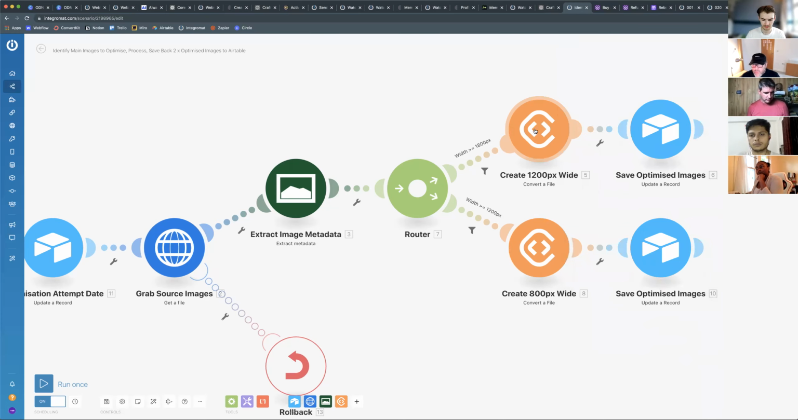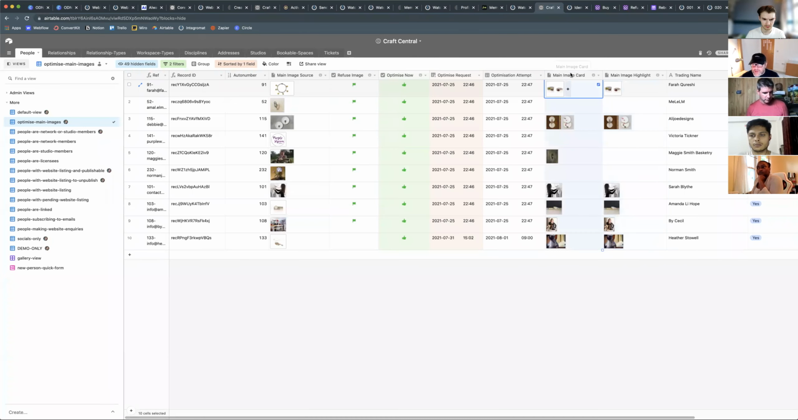that image. And then once that's successfully done, it's going to save that optimized image back to these 2 columns that I mentioned: main image card, main image highlight. So this is the kind of power, I think, of automation integration. If somebody was to submit that image and you were going to have to do that by hand, how long would that take you? That's such a pain. So again, if you have a really busy website, then it's just a complete waste of